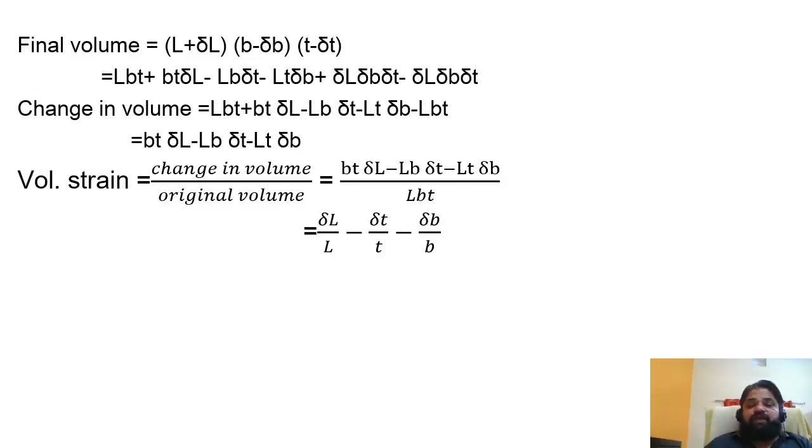Now this form, I think most of you are able to follow, how you got all these three terms. That means delta L by L minus delta T by T minus delta B by B. Delta T by T is one of the lateral strains, and delta B by B is the other lateral strain. But in the case of a circular cross-section, we will have only delta D by D. There is no other change. If it is a rectangular or square case, then only we can get three different terms.